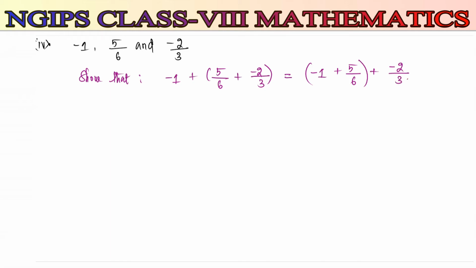We have to simplify this and you need to show LHS is equal to RHS. So let it be here -1 plus here the LCM for 6 and 3 is 6. So both numerator and denominator you need to multiply with 2 to get the denominator as 6. So I can write here 5/6 plus into minus it is minus 2 2s are 4 divided by 3 2s are 6